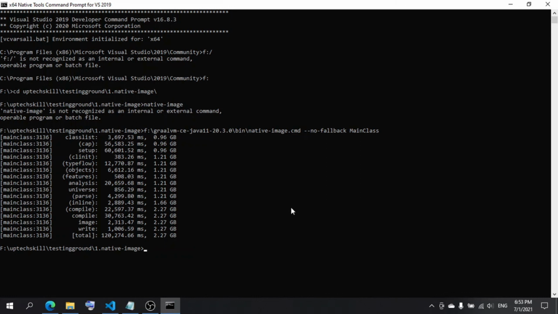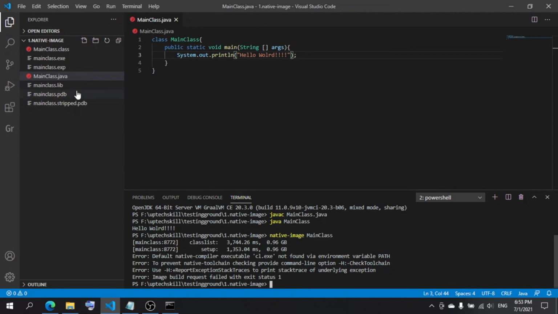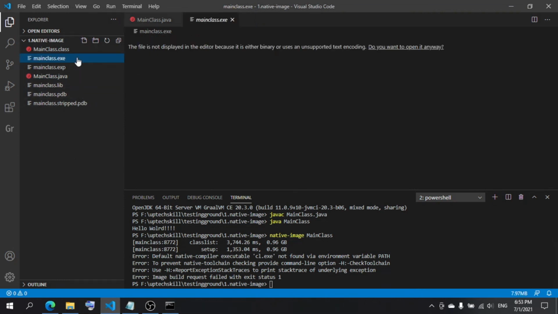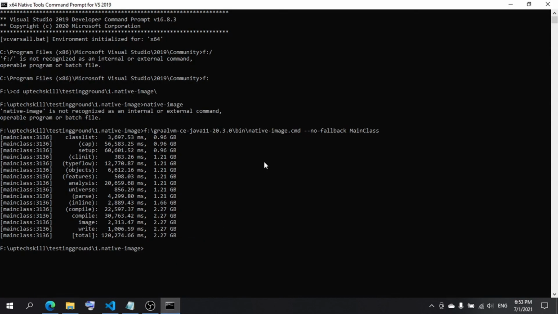Once it's done, you can see that some other files will be created, and there will be one file with the exe extension. So your native image will run directly. You can double click it, but it's DOS stuff, so you just need to run it like this. Voila. See, it works by itself. You don't need the Java command or anything.